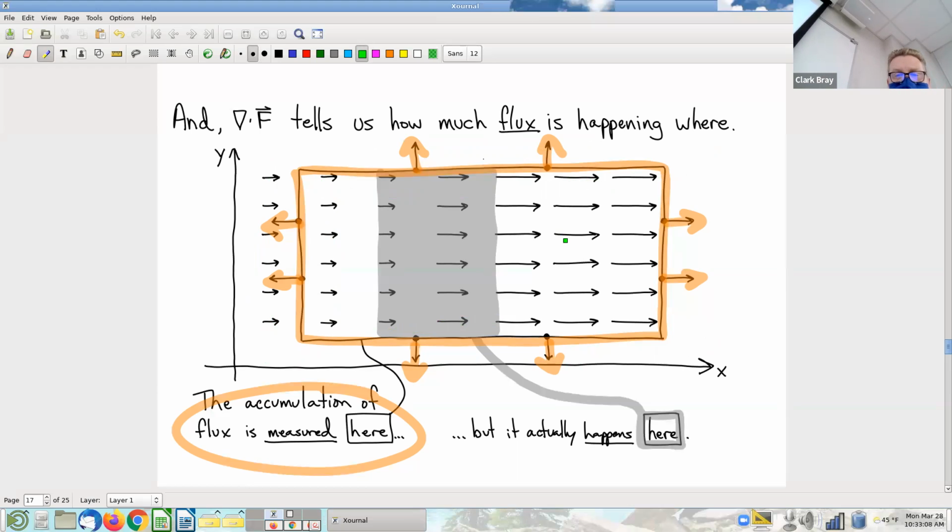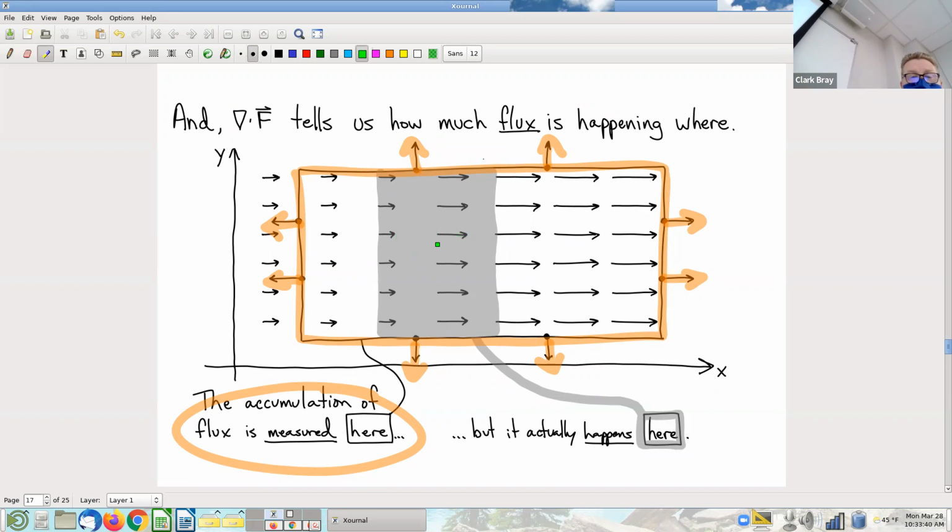Well, there's no flux happening here because there's just as much going in as there is going out. There's no flux happening over here because there's just as little going in as there is going out. The flux is coming from this gray region where, if you look at a little rectangle there, there's a little going in, but there's a lot coming out. That adds up to a small but positive amount of flux happening there,